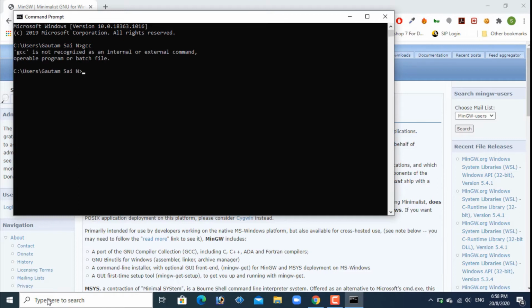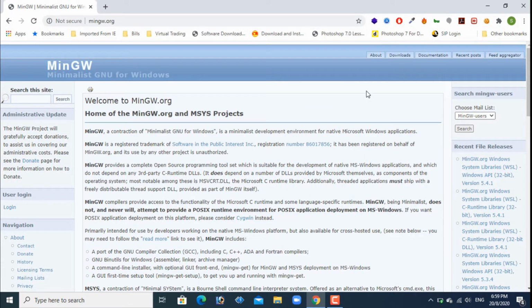Click on enter. Now we can see we are getting the error: GCC is not recognized as an internal or external command. So if you get this error, it means that particular software is not installed yet. Okay, let's close this command prompt and come back here.